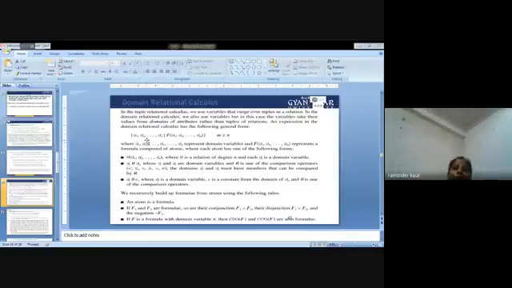So what happens in domain relational calculus? In tuple calculus, we use variables that range over tuples in a relation. In domain relational calculus, we also use variables, but in this case, the variables take their values from domains of attributes rather than tuples of the relation. We are concerned with attributes here. In the previous one, tuple relational calculus, we are concerned with tuples. Now we are concerned with attributes, or I can say formulas, here.